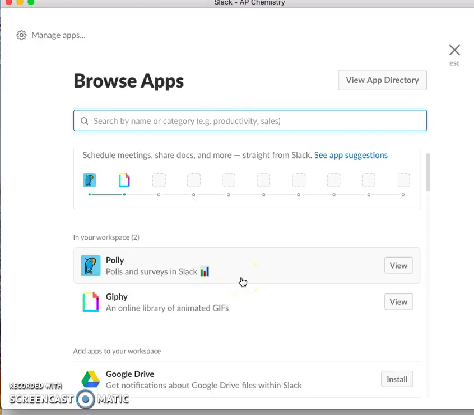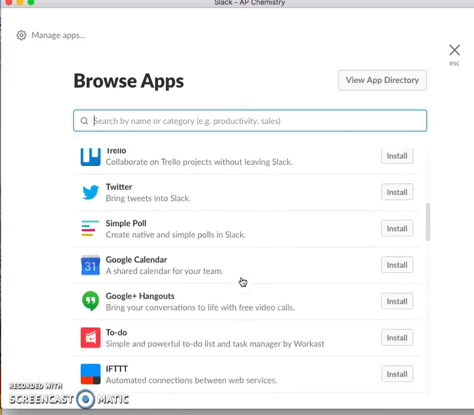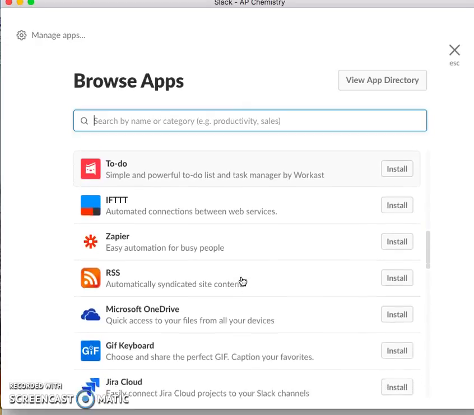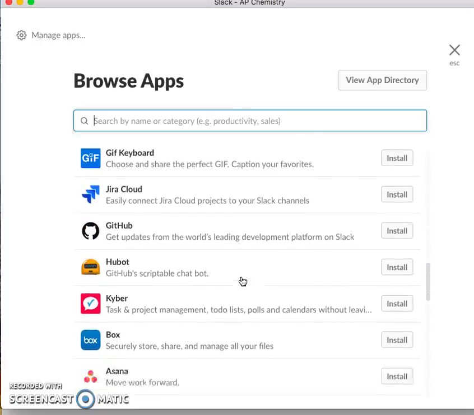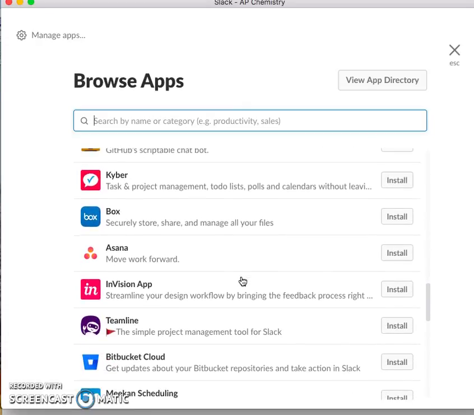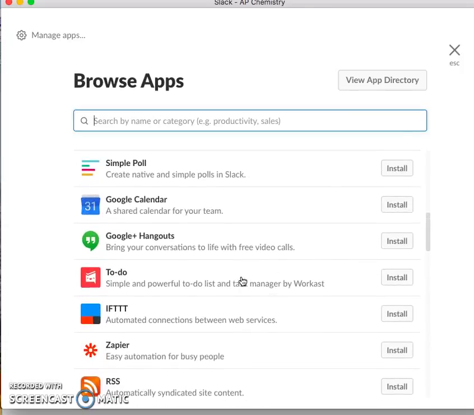So I can, if I wanted to use it as an exit poll for the class, or if I want to use it just as an instant assessment of their understanding and if they understand where we are in the material, I thought that it probably would be a great format for that. There's another one here that also does polling that I might check out as well and just compare the two and see which ones I want to keep.